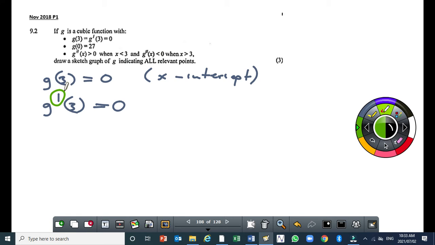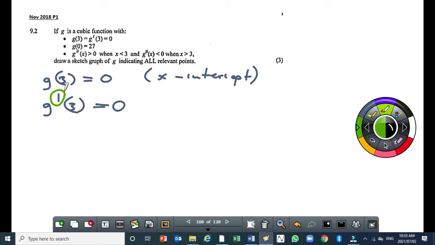The word derivative is the same as gradient. So g prime of 3 means the gradient when x is 3 is equal to 0, which will be a